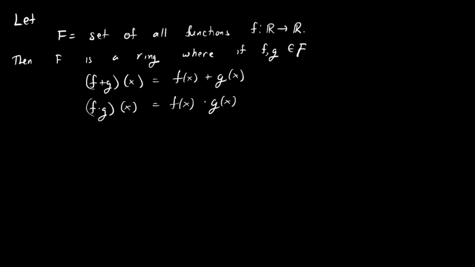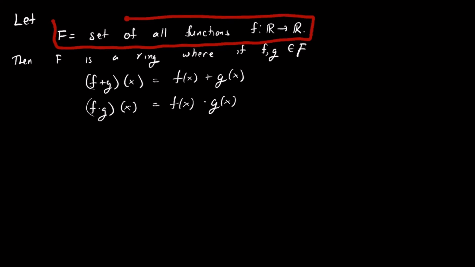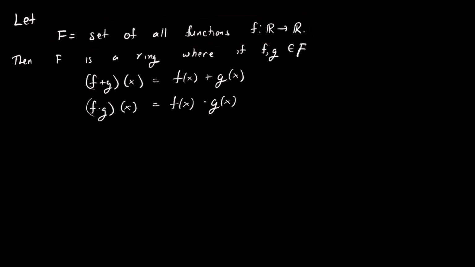So let's consider another example of a ring. I'm going to consider the set capital F to be the set of all functions from the reals to the reals. We can define addition and multiplication on the set, so we'll define F plus G by pointwise addition, and F times G by pointwise multiplication. And one thing we can show if we go through our axioms is that this is a ring, and moreover, this is actually a commutative ring